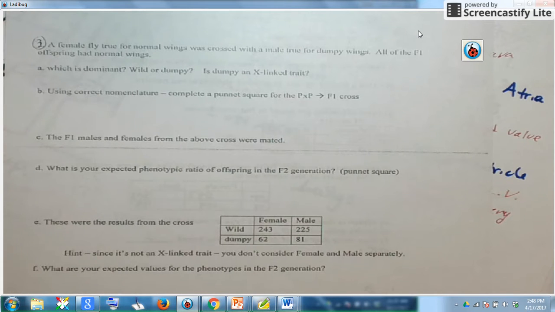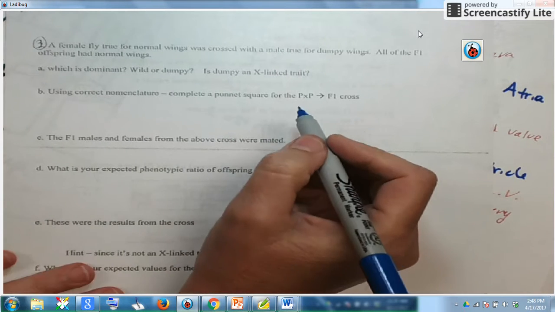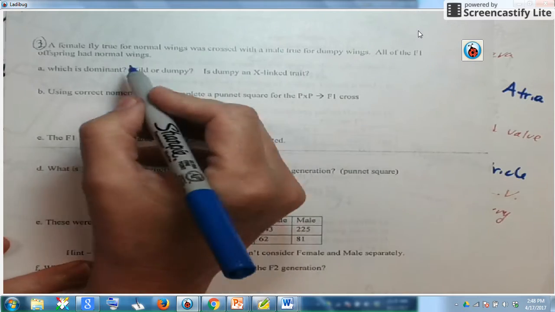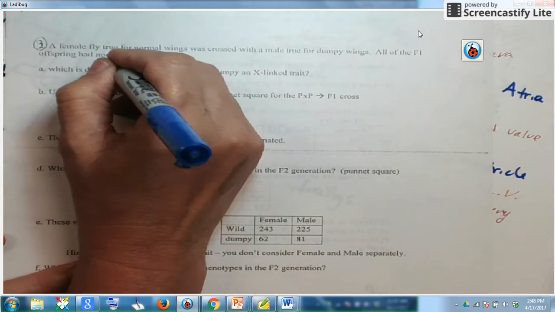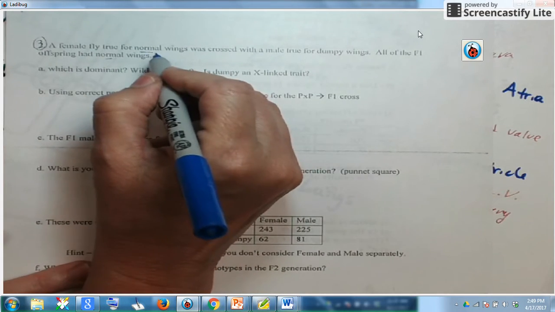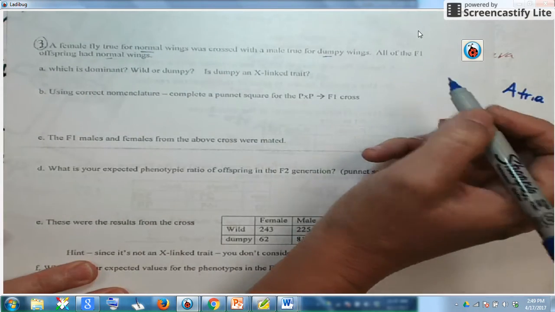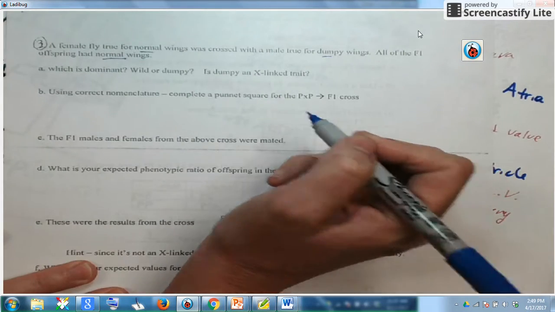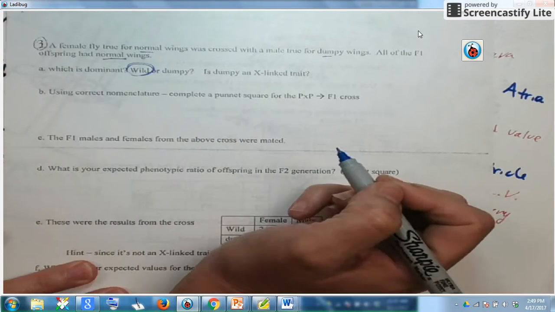This video will explain how to work problem number 3 on our chi-square problems, dealing with the female fly who has true or normal wings. Remember, we learned that true meant homozygous, and that flies crossed with males that are dumpy wings, and all of the F1 end up with normal wings. So if we cross homozygous normal with homozygous dumpy, and all the offspring are normal, that tells us that our wild type is